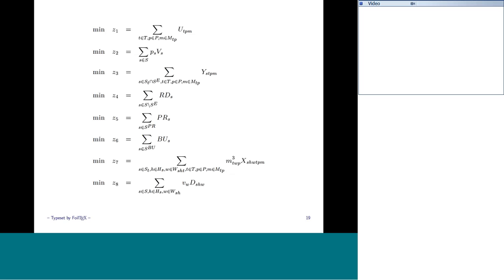The next 3, with these curious acronyms, RD, PR, and BU, are where we're looking specifically at where we're assigning what we call primary, ready spare, and backup missiles. And so we're trying to make sure that these particular missiles are assigned in a reasonable way. So the primary is the missile that we really want to go ahead, that's the missile we're going to fire. But we are required to have backup missiles. The ready spare is a backup on board the same ship as the primary task, and the backup missile is a backup on a different ship. And so if there's some weird reason and the primary missile didn't go, we have 2 forms of redundancy, and we had to make sure that those were all accounted for.